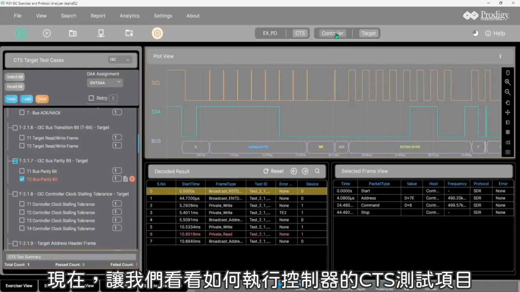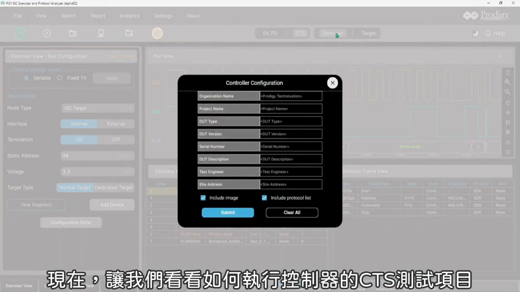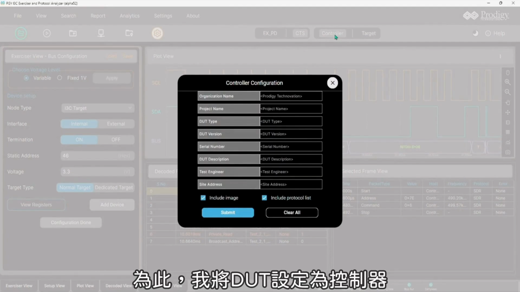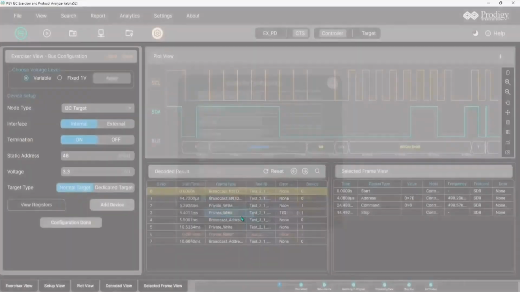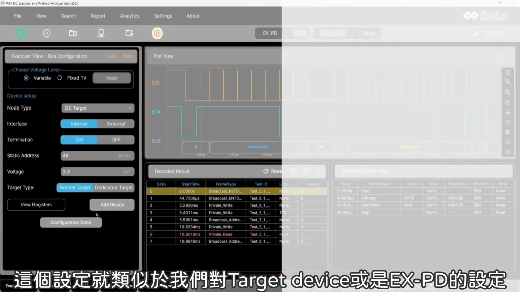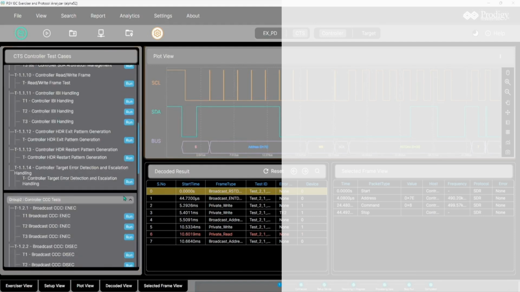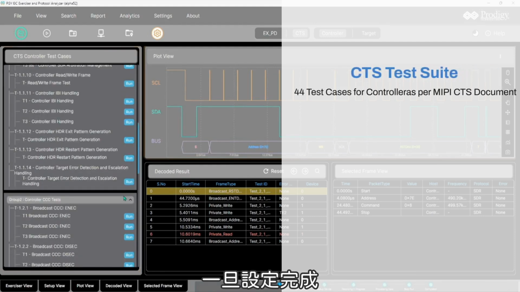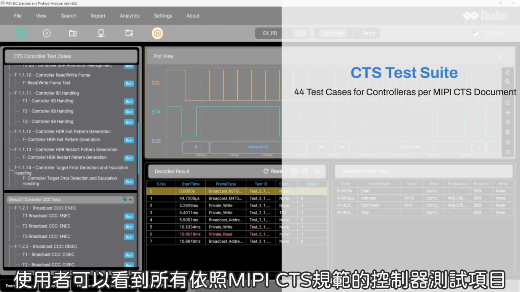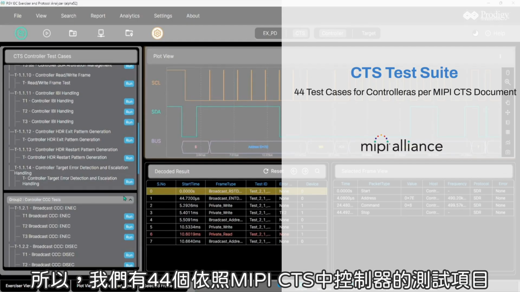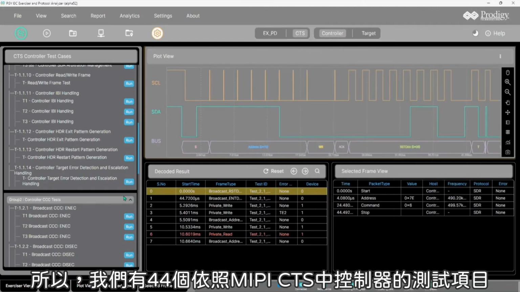Now let's see how to do the controller test case execution. For that, I am selecting the DUT, or the device under test, as controller, and the configuration is exactly similar to what we did for target or the EXPD mode. And once the configuration is done, the user can see all the CTS controller test cases listed out as per the MIPI CTS specification. So we have support for 44 test cases as per the MIPI CTS documentation for the